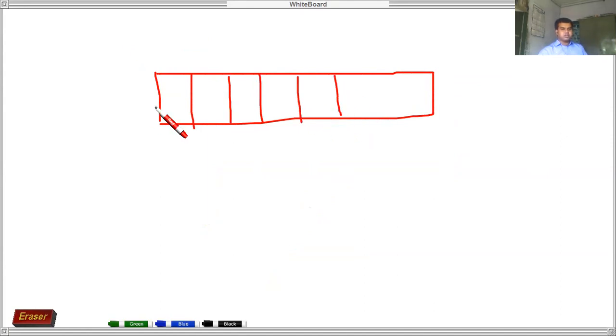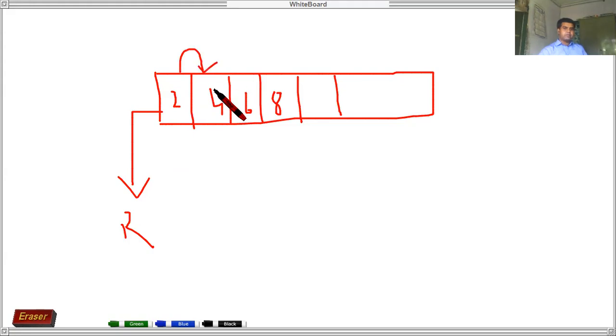suppose this is a position and this is your rear end. Okay, so presently what happened? Presently your values are, let's say, 2, 4, 6 and 8. Okay, so if it is not an overflow situation, what happened? Your value of 2 needs to be shifted. Okay, now 2 cannot be shifted. What you will do, the value of the rear will be shifted.